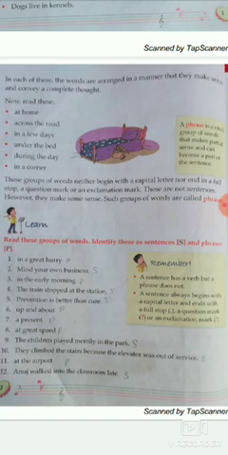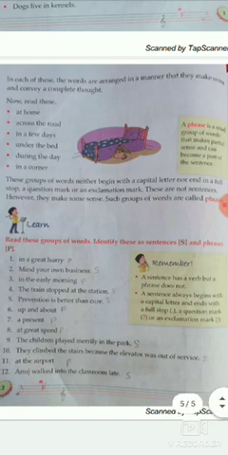Next, number 9, the children played merrily in the park. So students, tell me, is this a sentence or a phrase? This is a sentence. Next, number 10, they climbed the stairs because the elevator was out of service. So students, tell me, is this a sentence or a phrase? This is a sentence. So we write here S.